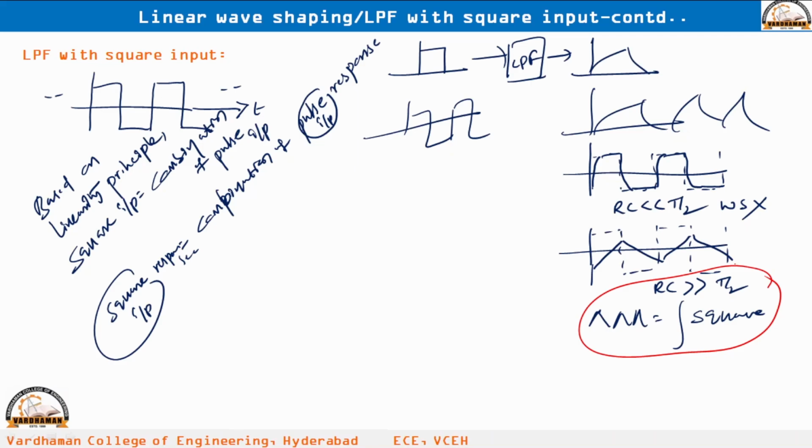With RC very much greater than T by 2, you get the triangular output with the square input. That means the low pass filter is acting as an integrator. Low pass filter is equal to integrator. We get this when the time constant is very large. Now,